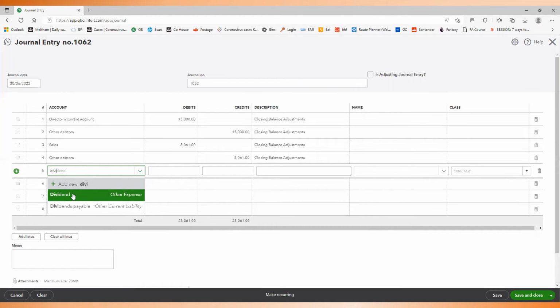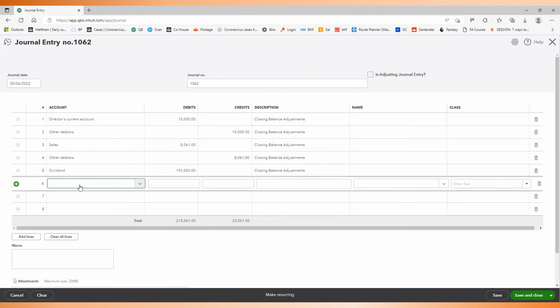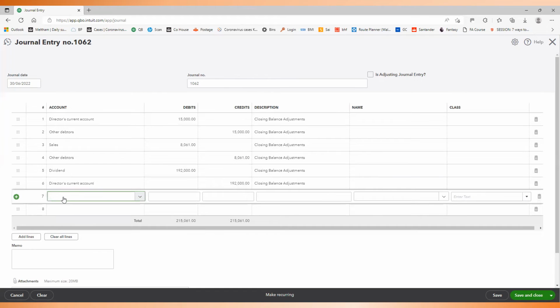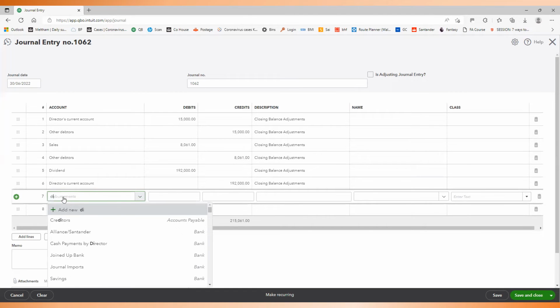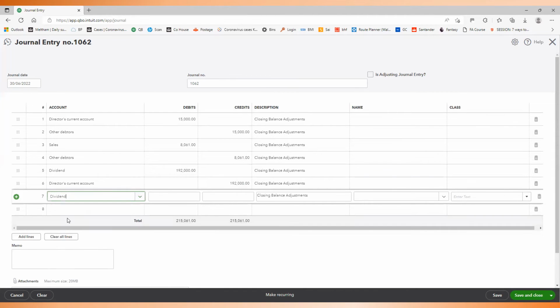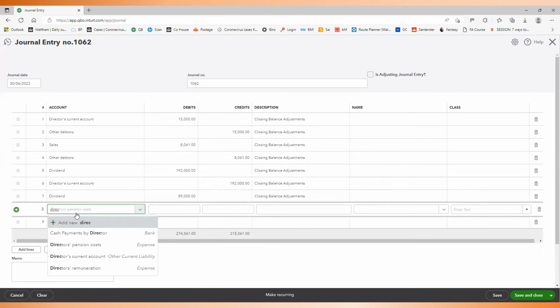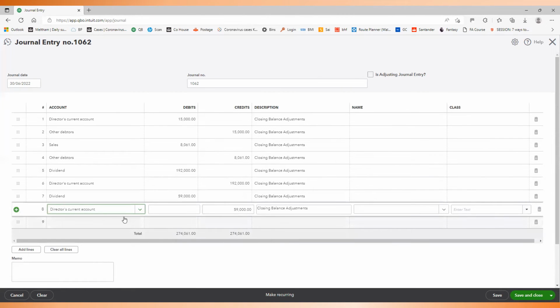The dividends, if we note, are an expense, not a liability. Those are the journals that we processed,